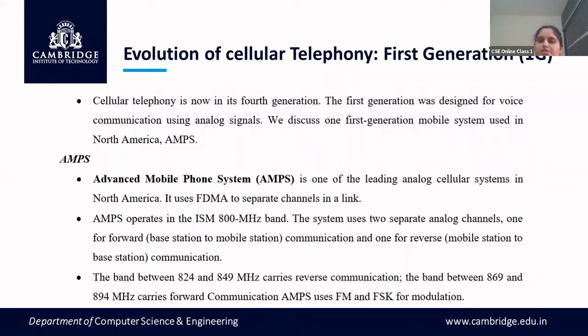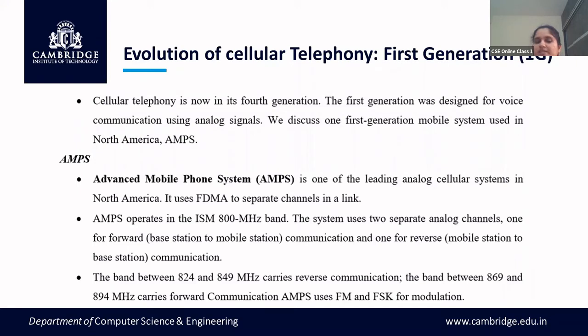Depending upon the base station, the mobile station connection was established, but communication from mobile station to base station, that is the reverse, was not so good. Whenever you called from a landline to a mobile phone, the communication channel was good, but the reverse was not. So it needed some improvements, and this led to the second generation of cellular telephony. But they used two different frequency bands for the first generation.